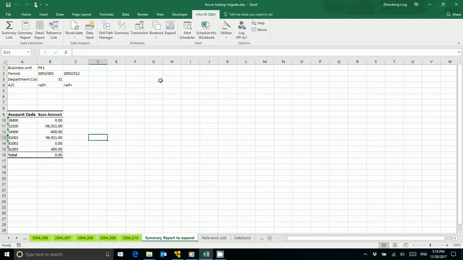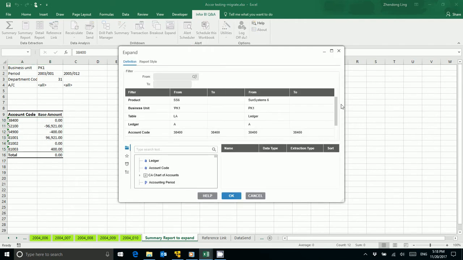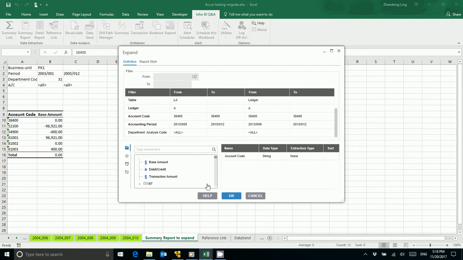If I select multiple lines to expand this report here, so if I use account code and accounting period, transaction date,